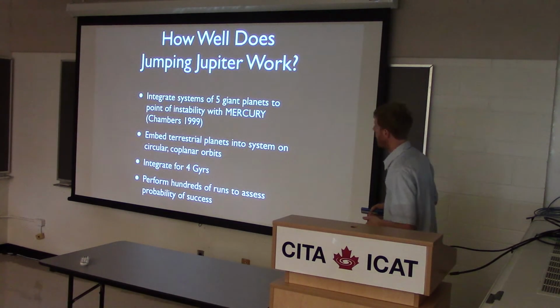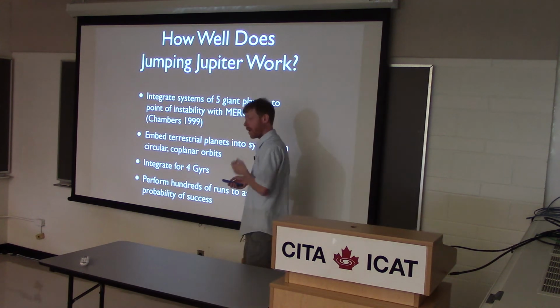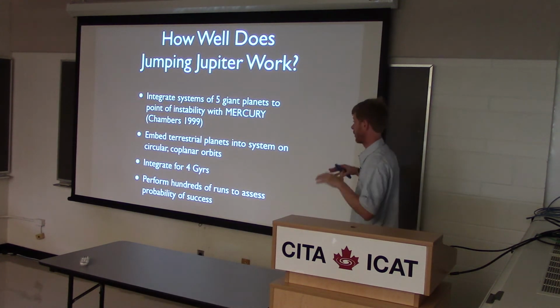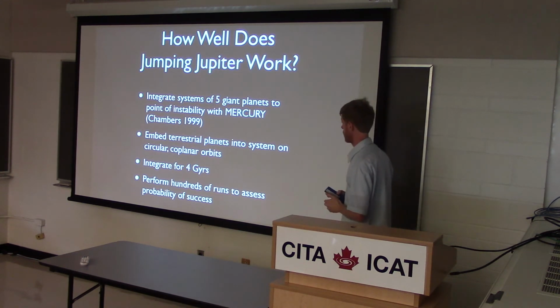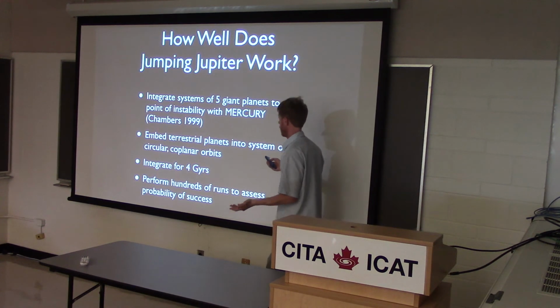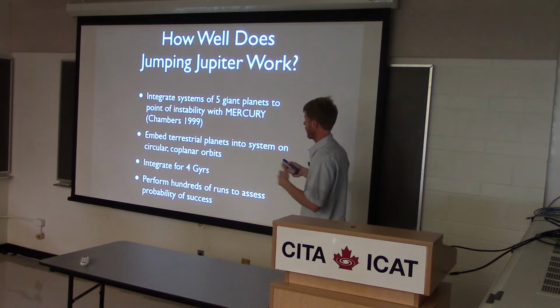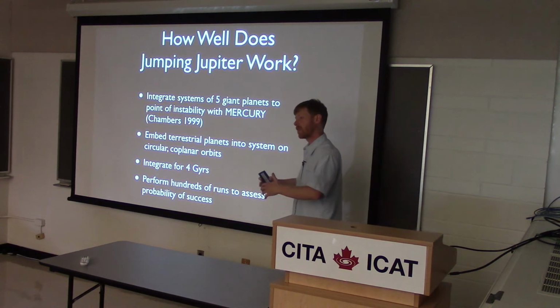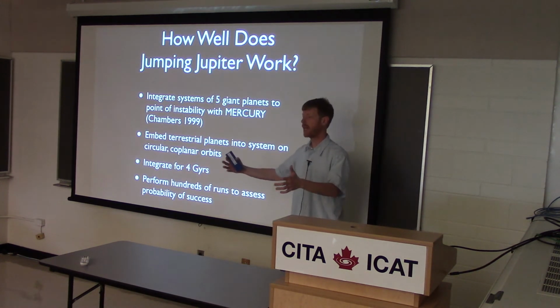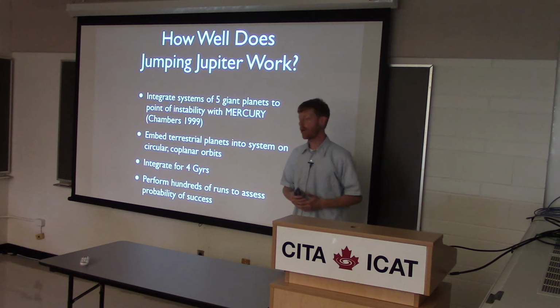And so we wanted to investigate how well the jumping Jupiter scenario actually preserves the stability of the inner planets of the solar system. To do this, we repeated what other people did: we used the Mercury simulation package to integrate many systems of 5 giant planets right up to the point of instability. We waited for them to lose a planet, then we rewound the system by one time step,